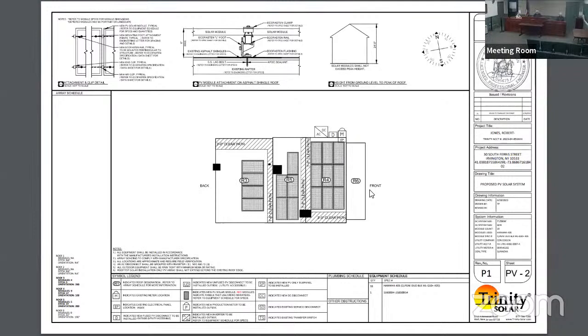All right, I don't know if it's gonna matter much. It's not like you can put the array somewhere else. No, we really can't. And what's the kW rating of the whole array? The entire system's going to be a 7.29. We're using 405 watt panels and we're putting on 18 on the house.